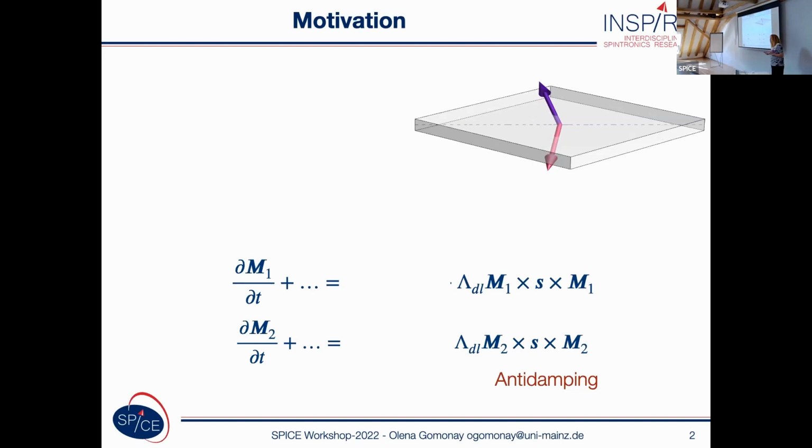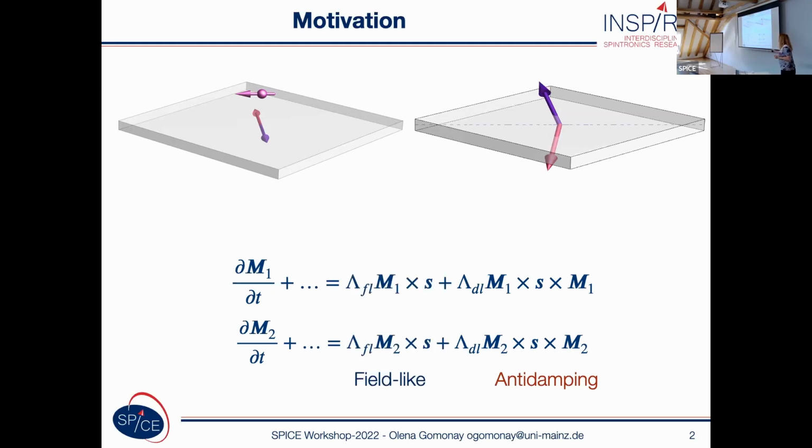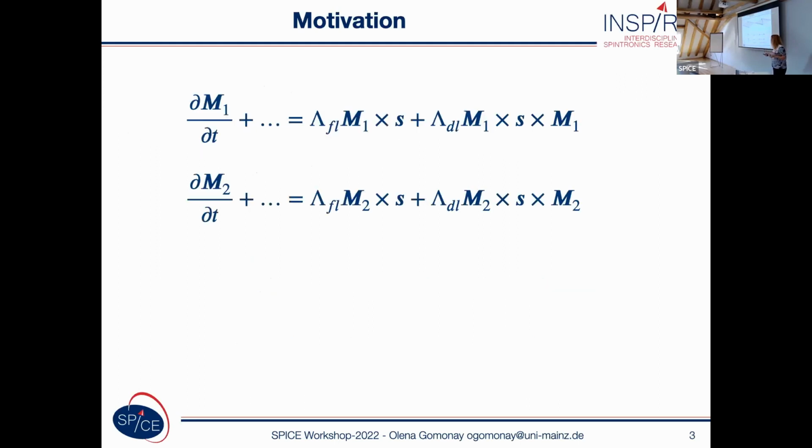Another way to induce magnetic dynamics is to use the magnetic field which is created by spin current via s-d exchange, for example. And this kind of torque can induce spin flop transition, so the switching between different states. And this type of torque is called field-like torque. The point is that this type of field-like torque induces switching to the final state, which is well defined.